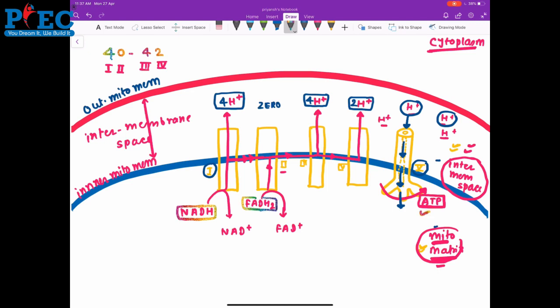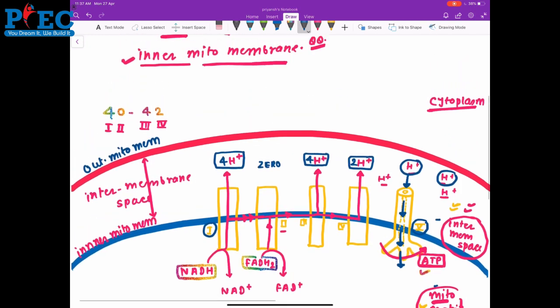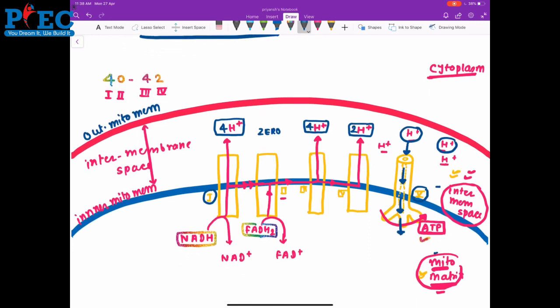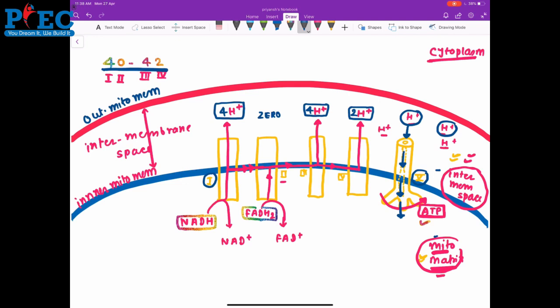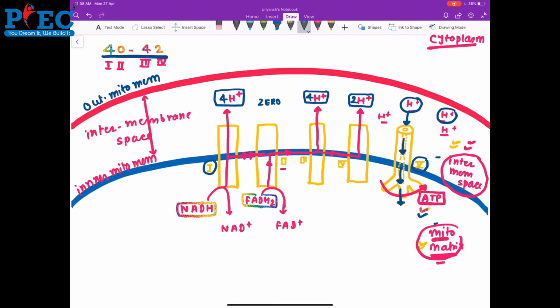So what are the points that you should know regarding this electron transport chain? The first thing is where this electron transport chain runs. It runs on the inner mitochondrial membrane. The second thing they ask is how many hydrogen ions are pumped by each complex, and we can answer by this simple mnemonic: 4-0-4-2. Then complex 5, which has a tunnel-like structure, will send back these hydrogen ions via the passage. The fan will move and will generate the energy in the form of ATP.